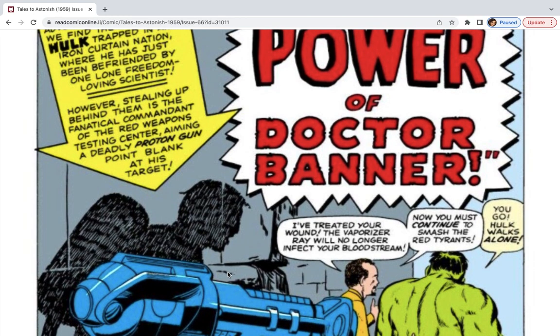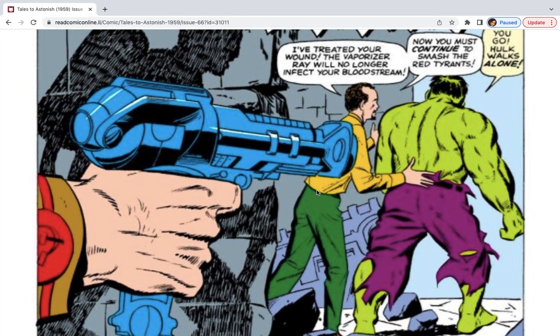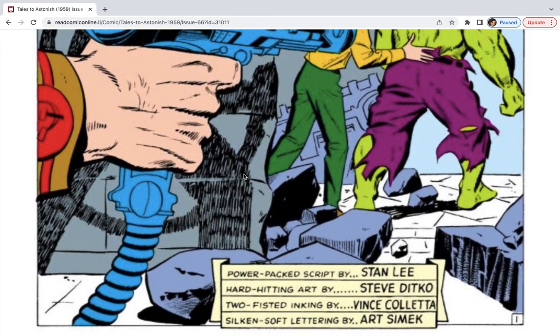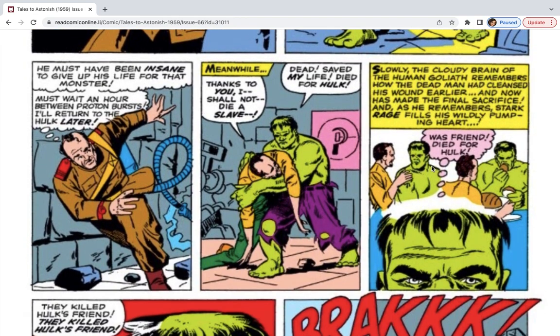Banner here. Well, last issue, like I said, this European scientist here was able to bind up the wounds of the Hulk here, but unfortunately for this man here, there is this general here with this vaporizer ray, and he is going to be aiming it towards the Hulk here, but we see with such heroism here, this scientist jumps in the way and takes the full brunt of this deadly proton beam here, and unfortunately for this scientist, he is going to pass away,